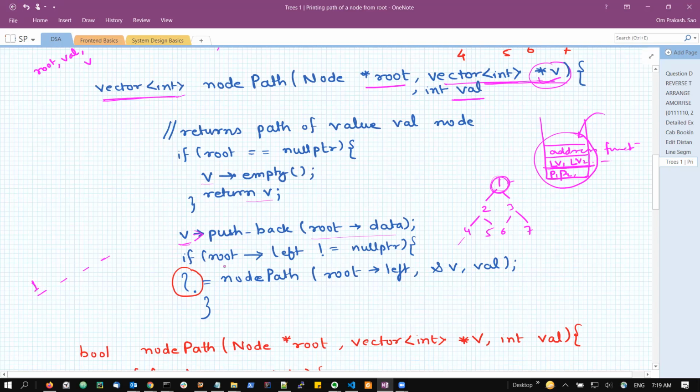Now I will check if my root left is not equal to null pointer. My root left in this case is 2, which is not equal to null pointer. So I need to call the same recursive function for the left subtree, right? But please note what I will get in return is a vector of integers. If I want to get the path of 5, it will return me, let us say, 2 and 5. What will I do with this 2 and 5? I will have to add this 2 and 5 in this